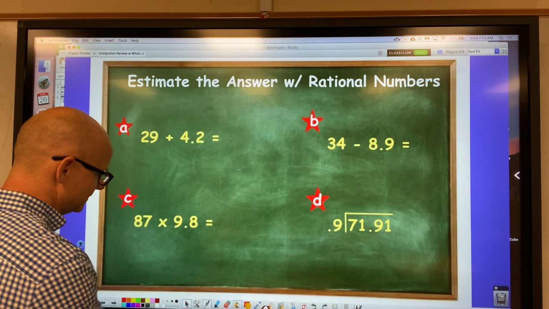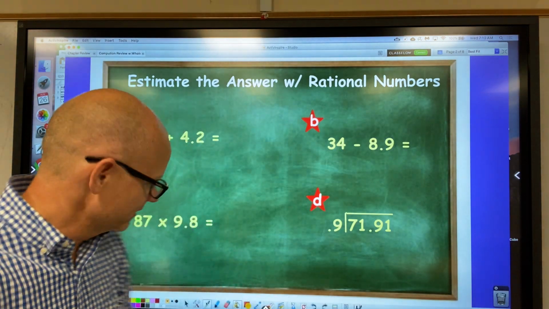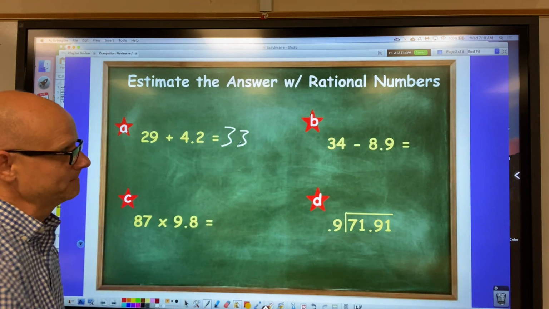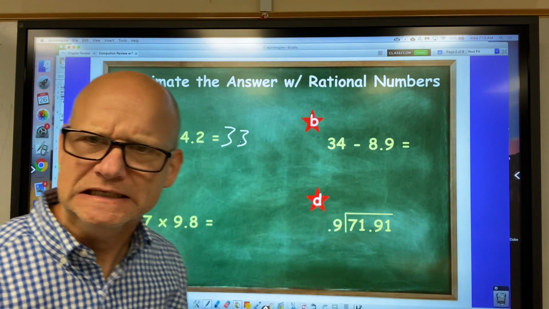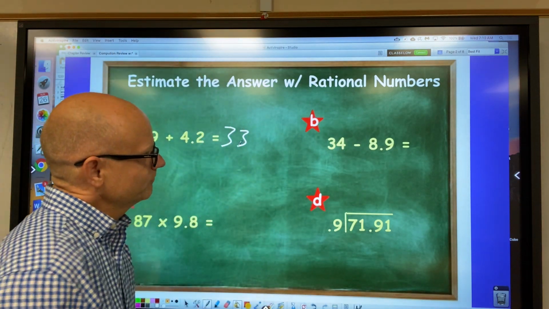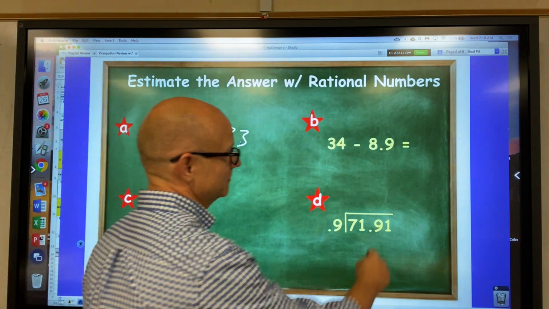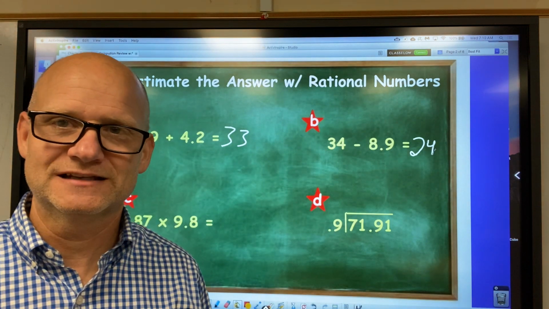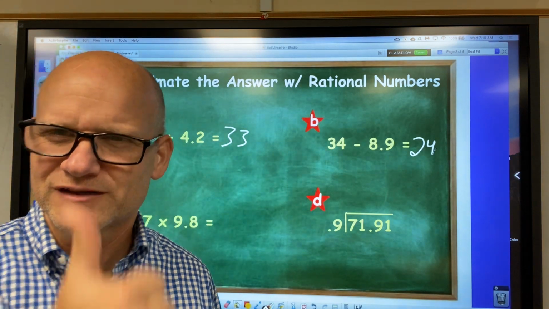So, number one, if you were adding 29 plus roughly 4, yeah, I would expect about 33. Letter B, we're basically subtracting 34 minus 10, maybe 34 minus 9. So, I would say maybe 24. Again, we're estimating. If you did not have exactly the same thing I had, like maybe you said 25, that's